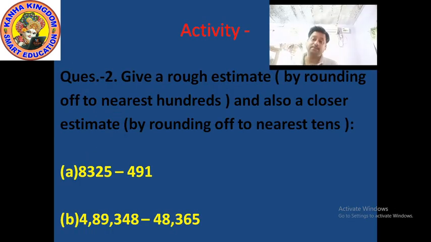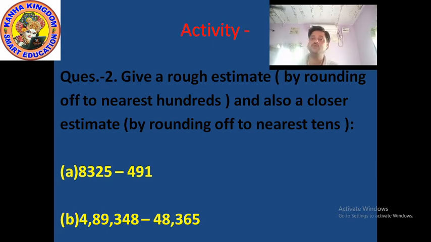Now the activity time. In this activity, this is also related to rounding off to nearest 100 and also a closer estimate by rounding off to nearest 10. Okay, so the question is, give a rough estimate by rounding off to nearest 100 and also a closer estimate by rounding off to nearest 10. First part is that